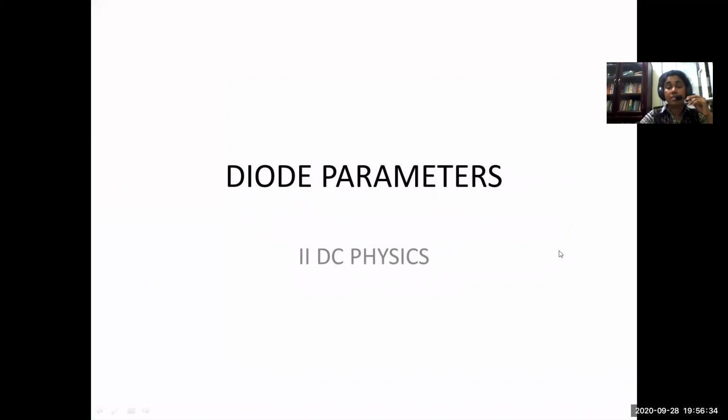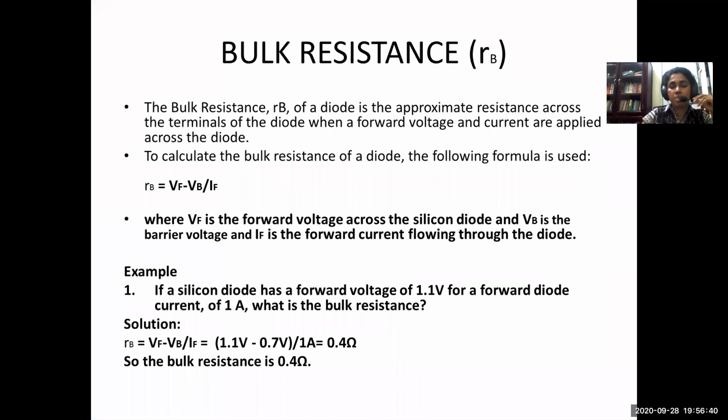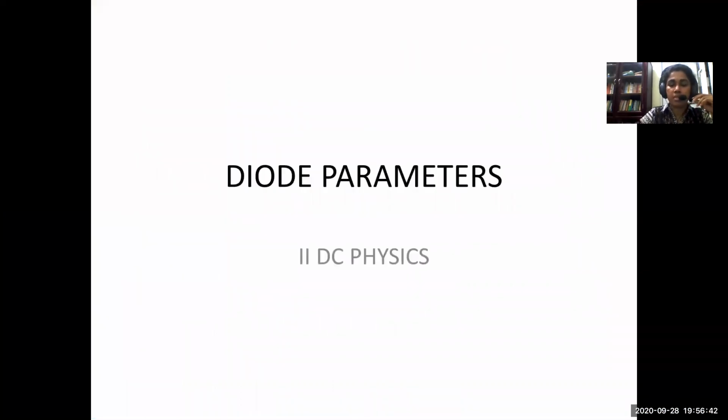You have already learned some other diode parameters along with the VA characteristics and the experimental setup for doing the VA characteristics. I just want to mention those parameters once more, because only if you incorporate those parameters along with what we are going to learn today will it make a complete set of diode parameters.